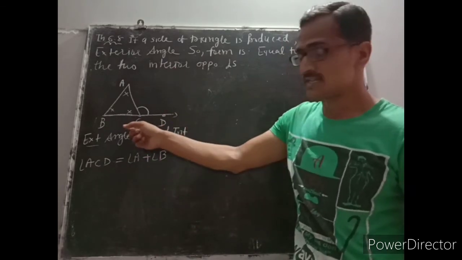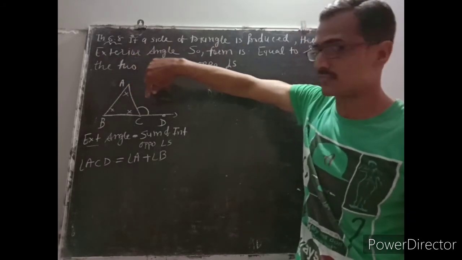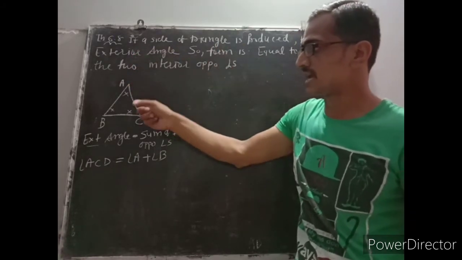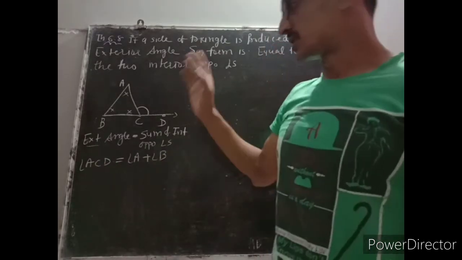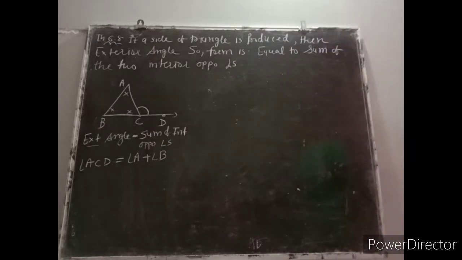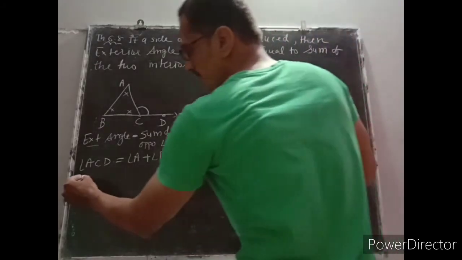But if I check angle C, then two angles are formed, this interior and exterior. So I must give a name to this angle C in 3 alphabets. Understood? So this concept we are going to use to solve the sum of exercise 6.3. And beside this, there are 6 concepts you have to remember.